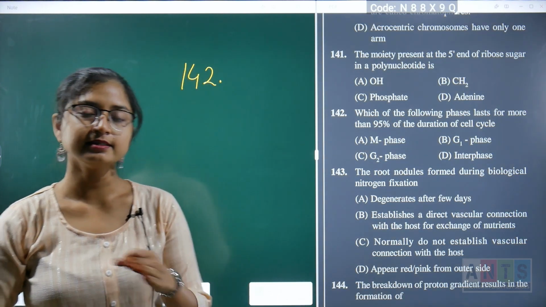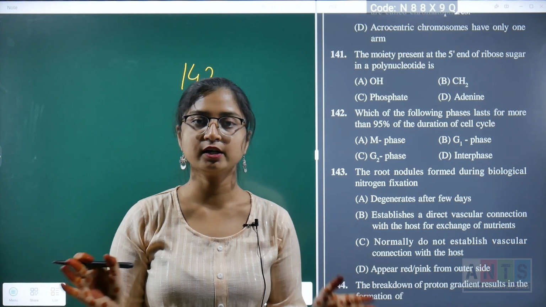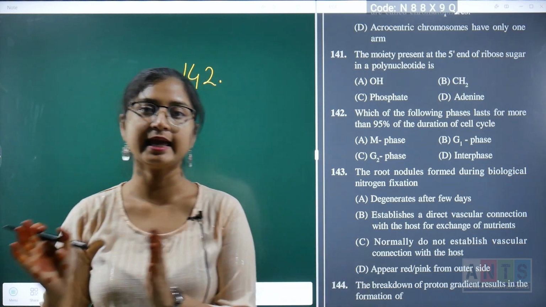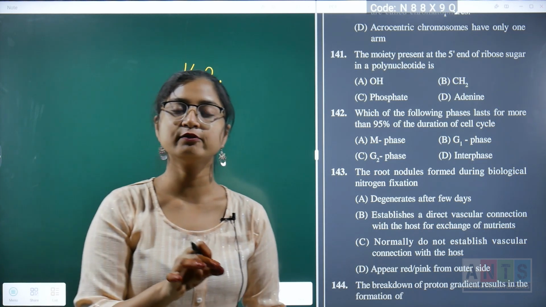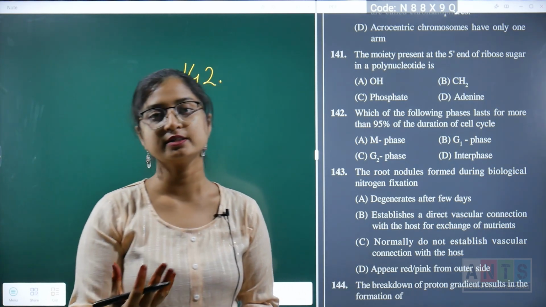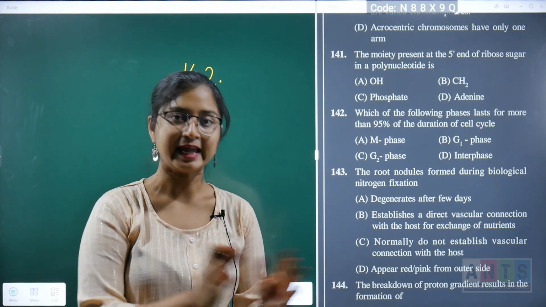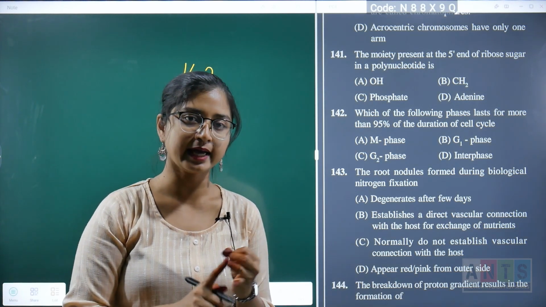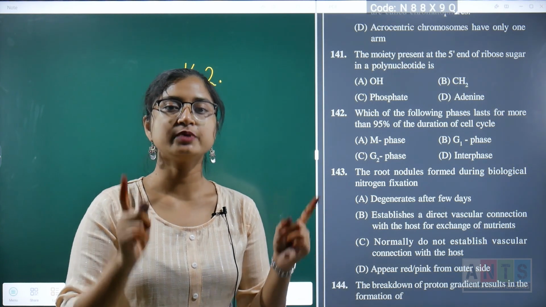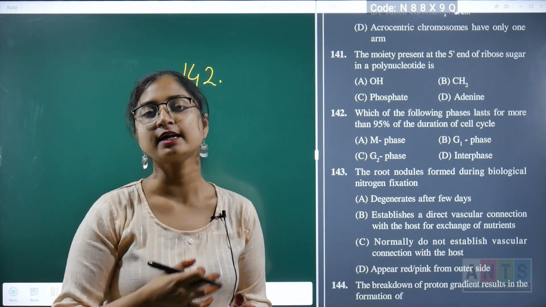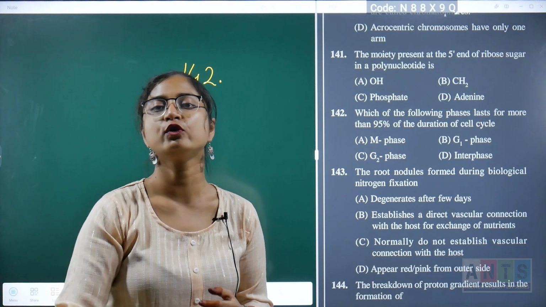So in the entire cell cycle, it can be divided into interphase and M phase. M phase is the phase where we actually have karyokinesis and cytokinesis occurring. लेकिन उसके लिए जो preparation हो रहा है, interphase, including G1, S and G2 phase. So this preparatory phase that we have, that is actually taking up a very large amount of time of the